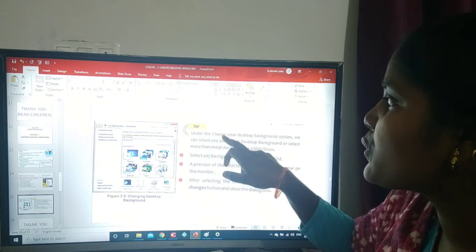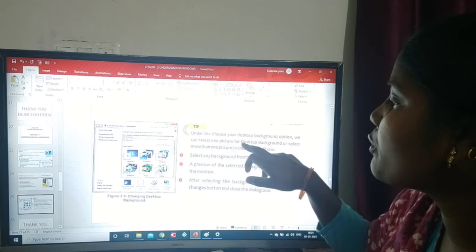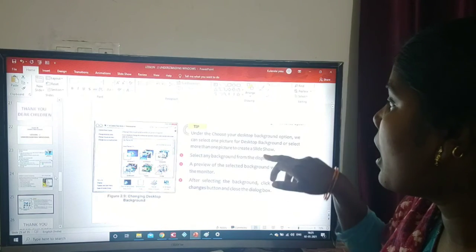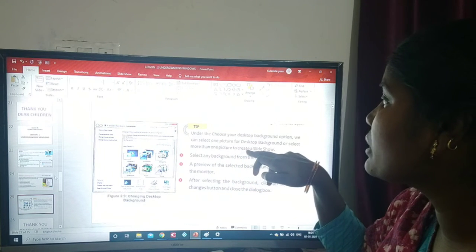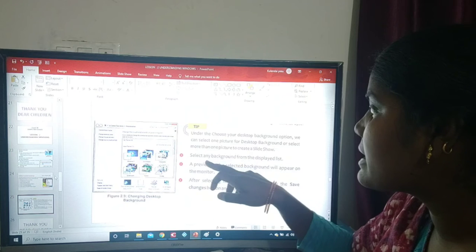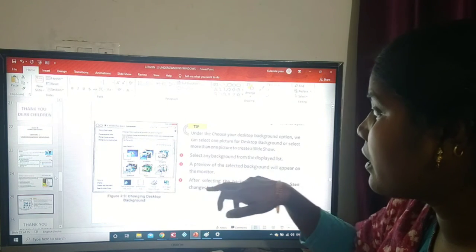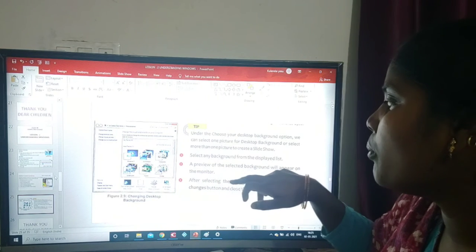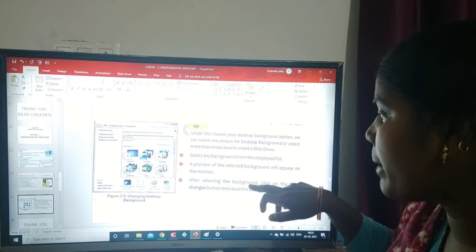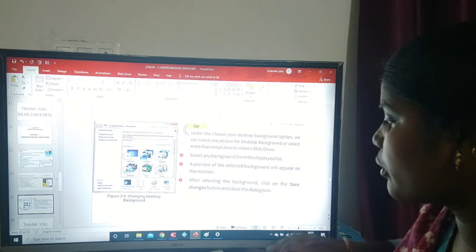Under the Choose your desktop background options, we can select one picture or select more than one picture to create a slideshow.